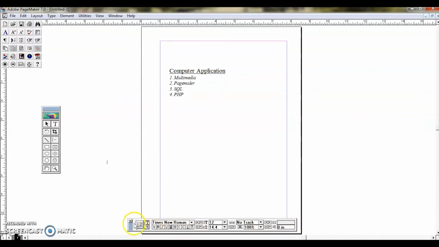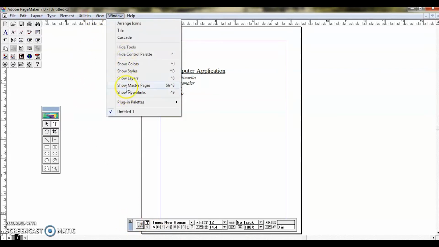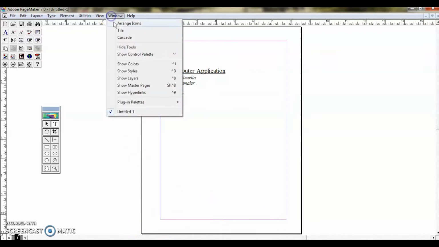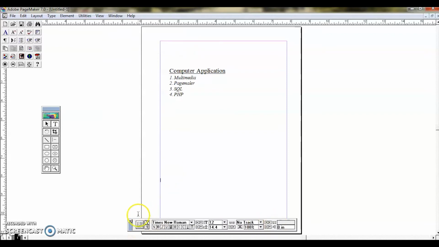at the bottom. Okay, if this is not viewable for you, then you must go to the window menu, okay, and give hide control palette, which is given because it is already shown. If it is not visible here, then here will be show control palette. So the shortcut key is Control plus apostrophe. If you click this, it will be shown. Okay. So suppose it is not viewable, I am going to the window menu and I see this is changed to show control palette. If I click this, this control palette will be visible. Clear? Okay.